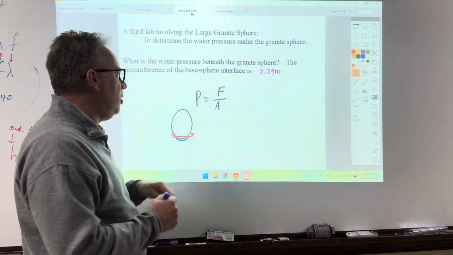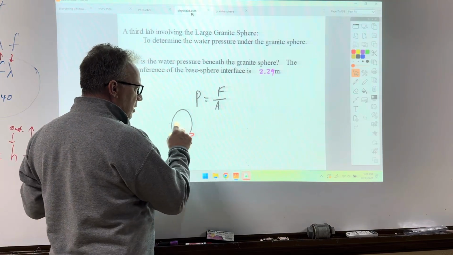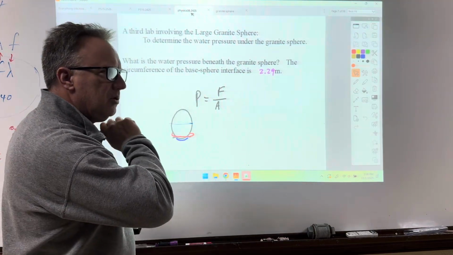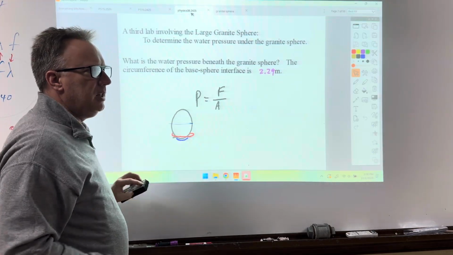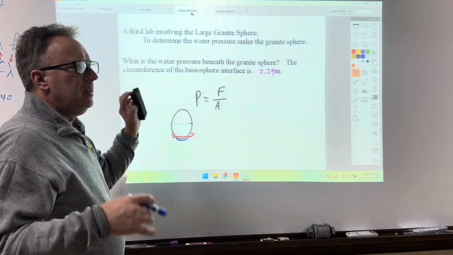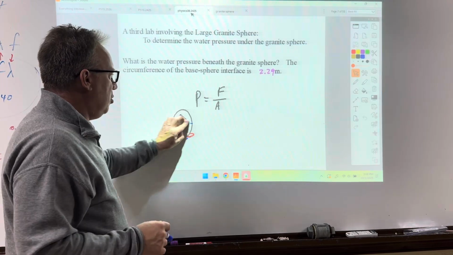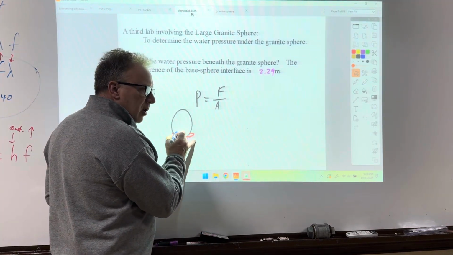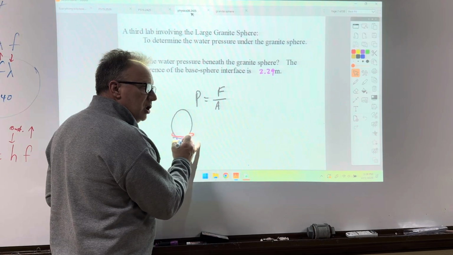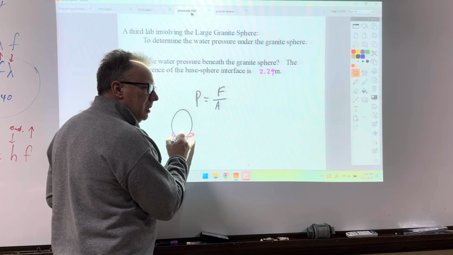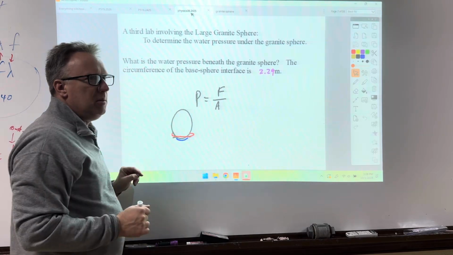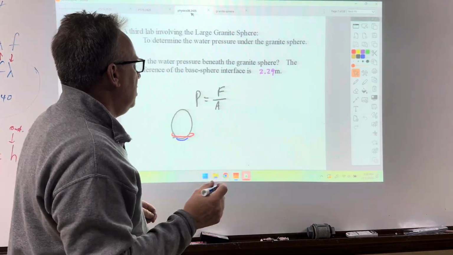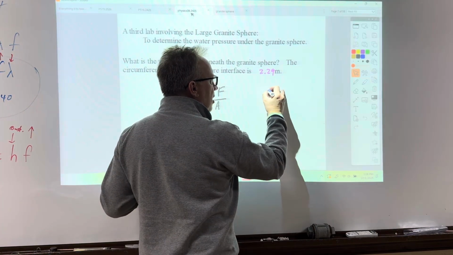I think on that ball the circumference here was like 2.81 meters or something like that. And it took like 12 or 16 newtons of force to pull it, and it was like 12 seconds. And I think it was 2.86 meters. But anyway, if you take that string around the bottom where the water is pushing it up along that rubber gasket, that's 2.29 meters. So you'd have to measure that on whatever sphere you have. And so you would take that circumference,